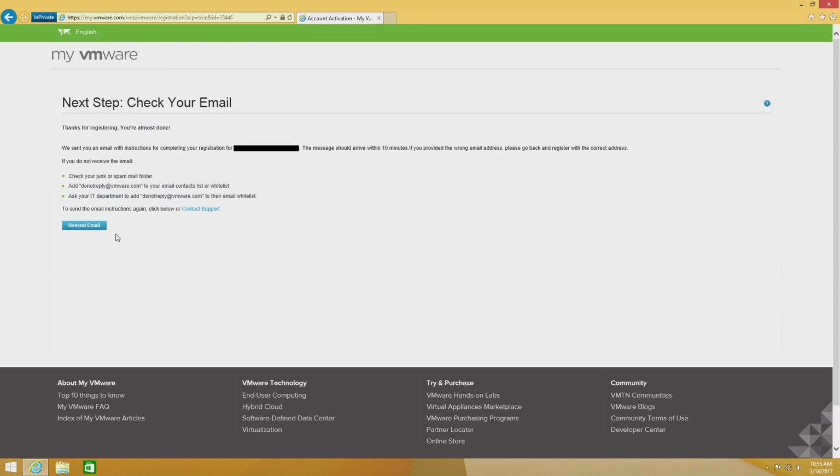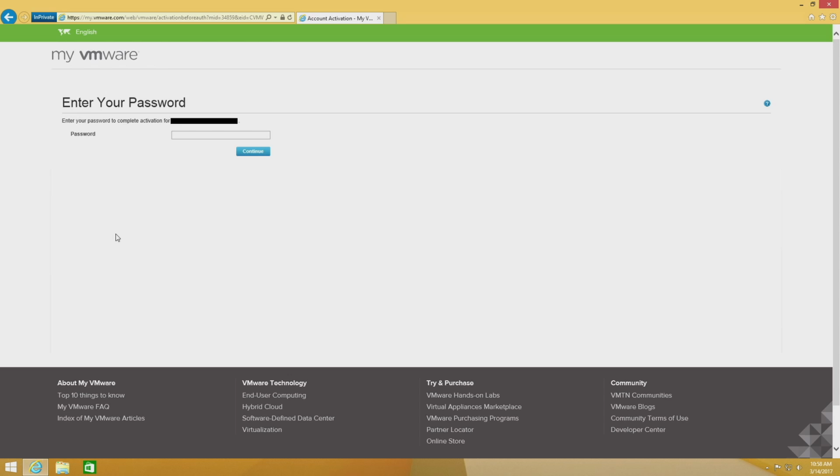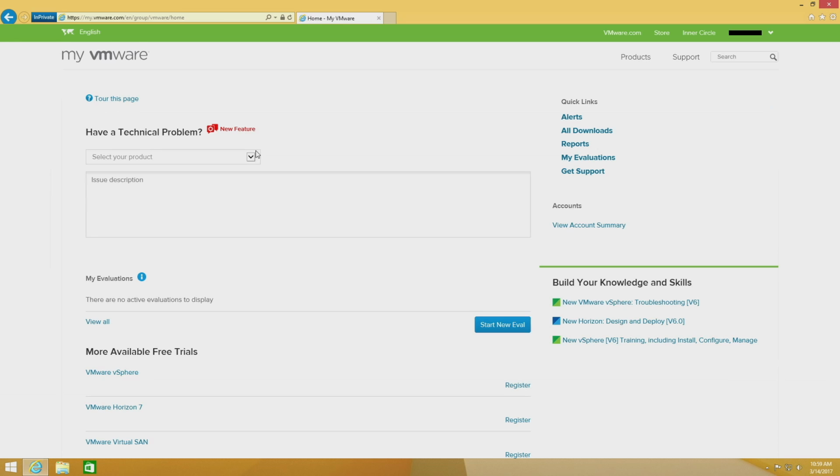You'll be brought up to this page. That means that you have to go to your email and verify the account. When you click on the activation link from the email, you will see a page similar to this. What you want to do is enter the password for the account, click continue, and the page will self-refresh itself. Once the page has refreshed itself, what you want to do is go up here and click on the vmware.com